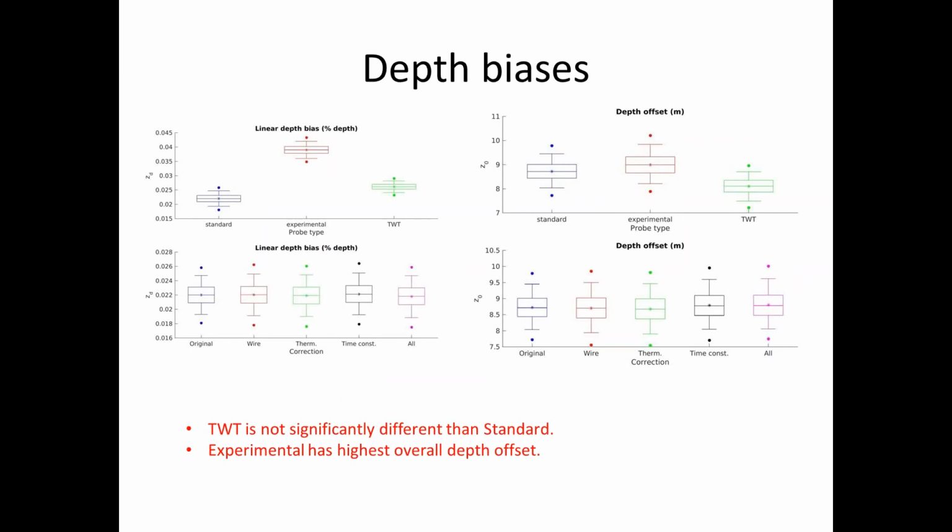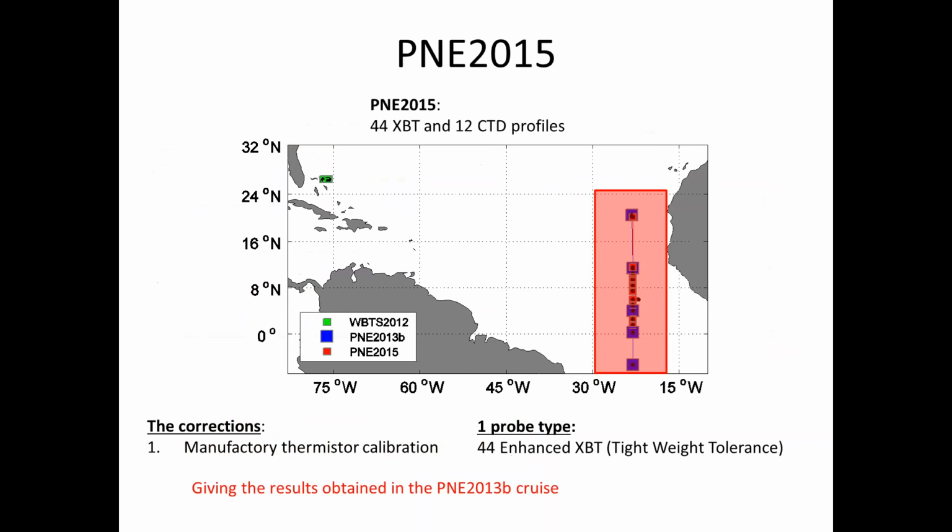And again, the depth biases, within the corrections, we don't have, of course, the corrections are not significant. And we see that there's some significance here, even though it's the experimental probe that has bigger bias than the other, and that may be just because the population is not very big. So in the last cruise,